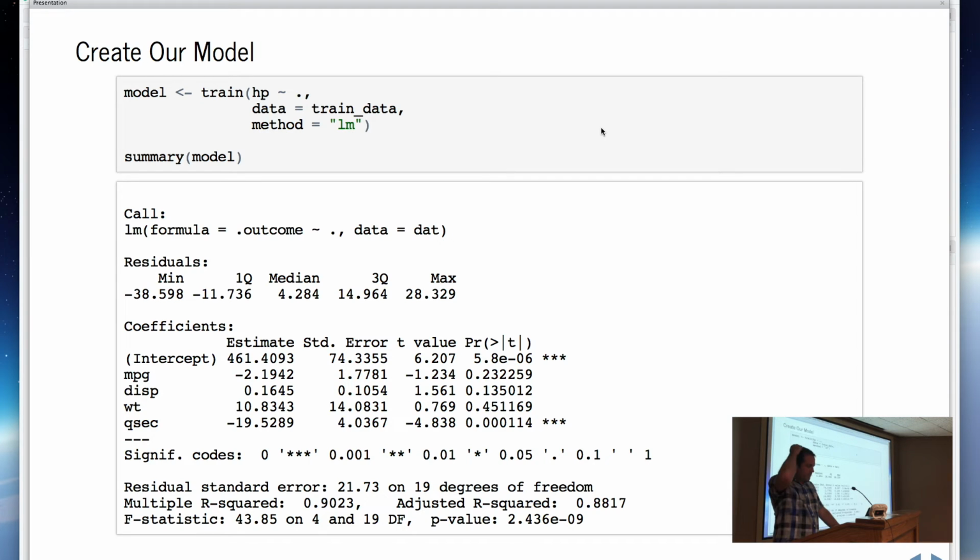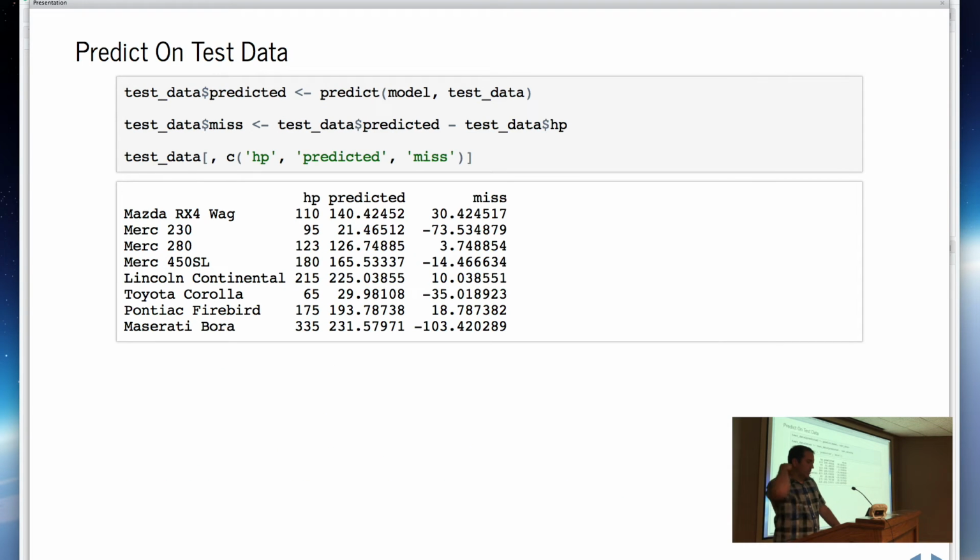We look at a summary of the model. You'll see, again, your measures of importance of each of those variables. In order to predict that on the test data set, so here you'll see instead of a single example like we did before, we're passing in the whole test data set. I'm capturing that as the column predicted, just so that we can do that as a comparison. And then I do predicted minus horsepower, so you can see the difference here. I think for Cleveland folks, I should name that the diff for you Cavs fans. But then the idea is we can output the data set with the horsepower, the predicted, and what the delta is.